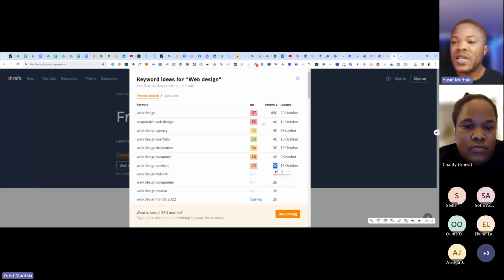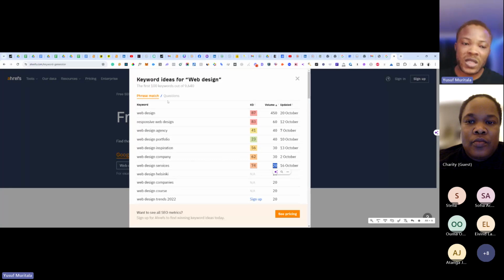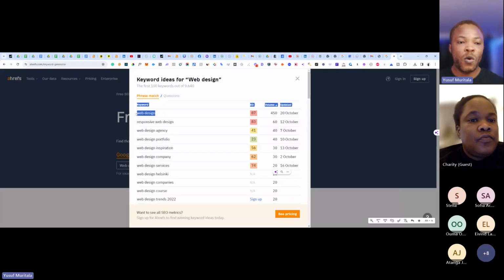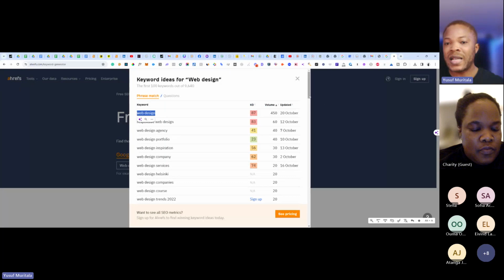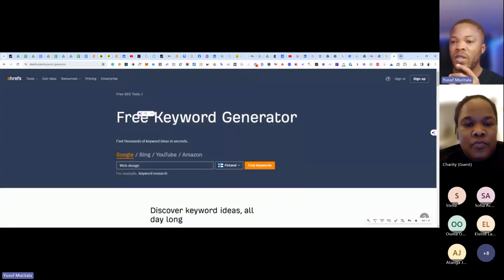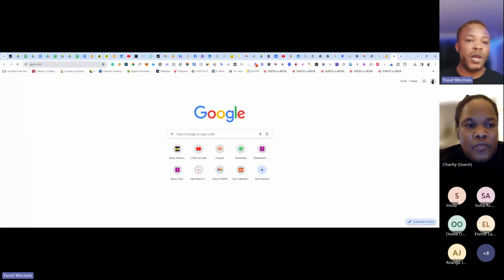So all of these are things you will need to take notes on before you even create the page, before you even create your website. This is the research you need to do. You understand what it is, how competitive it is, and what people are actually searching, right? Now, this is what I wanted to show you, and we can copy this and go to the one I use, Spyful.